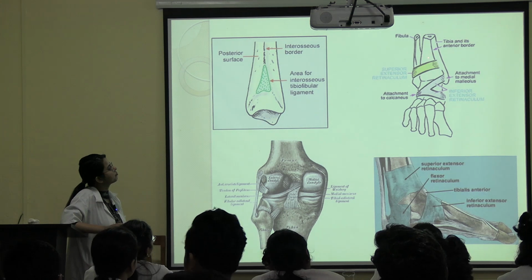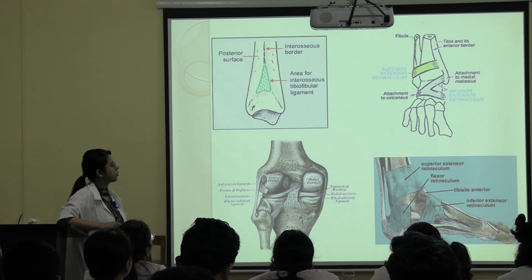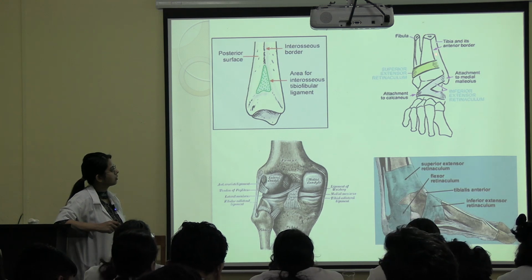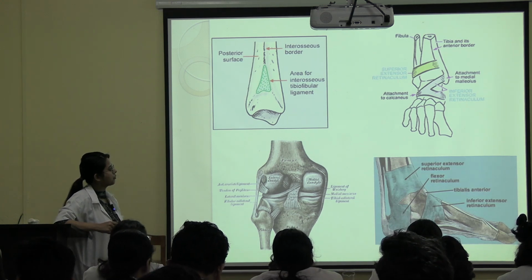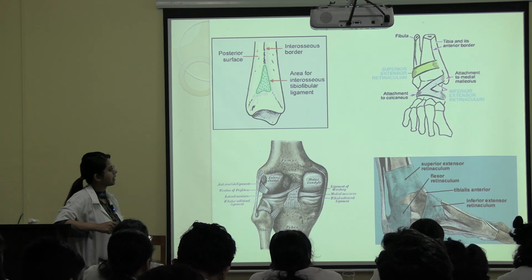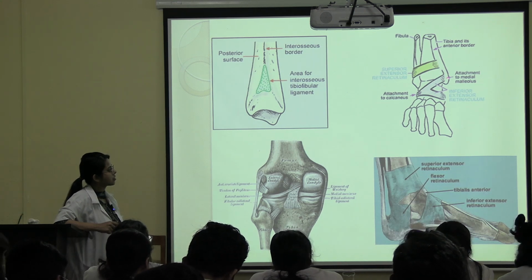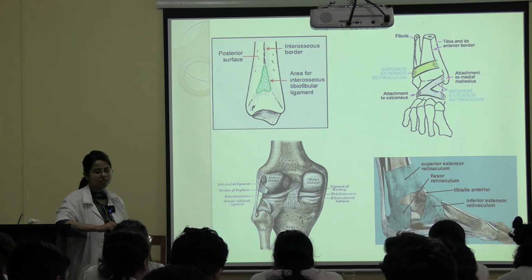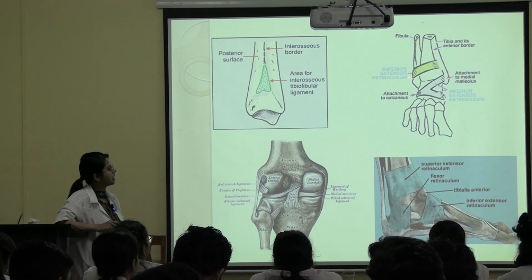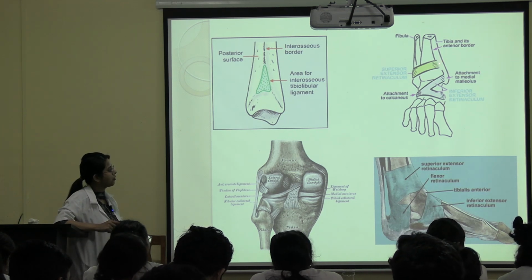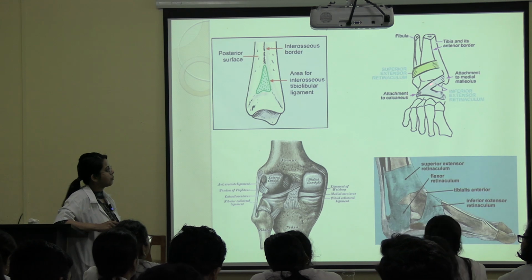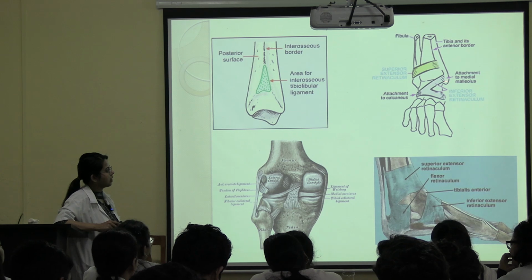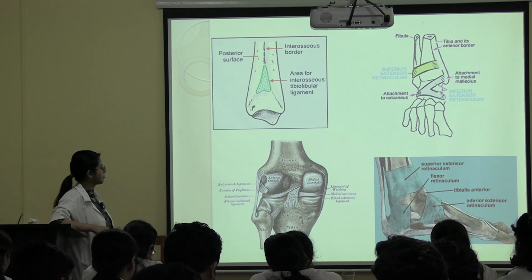This is which bone? Tibia. So superior extensor retinaculum will be attached to the anterior border of tibia. The upper limb of the inferior extensor retinaculum will be attached to, you can see, which structure? Medial malleolus. So the anterior surface of medial malleolus. Clear? Superior extensor retinaculum to the anterior border of tibia. You can see this upper limb and this lower one. So the upper limb will be connected to the anterior surface of medial malleolus.